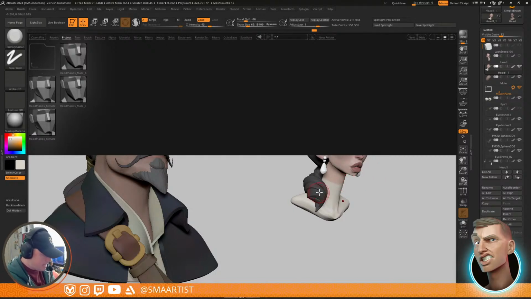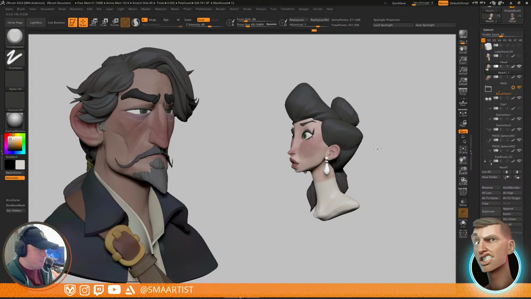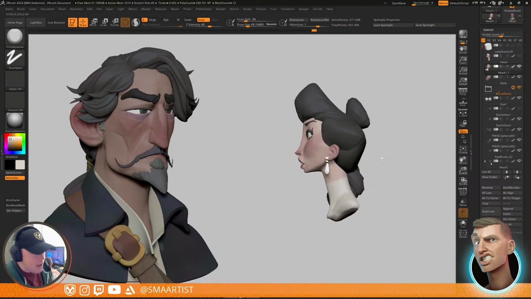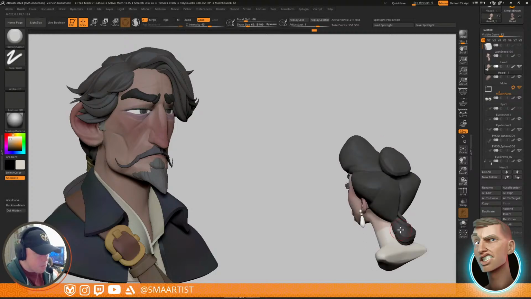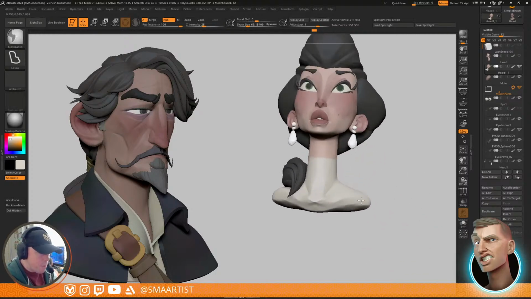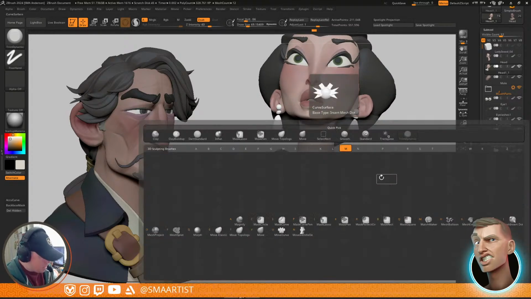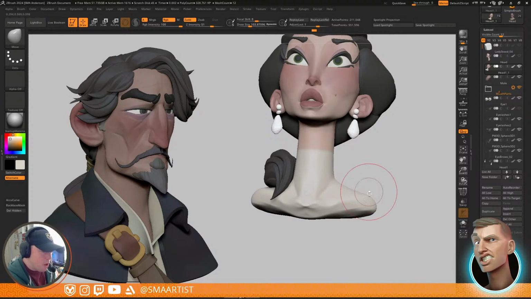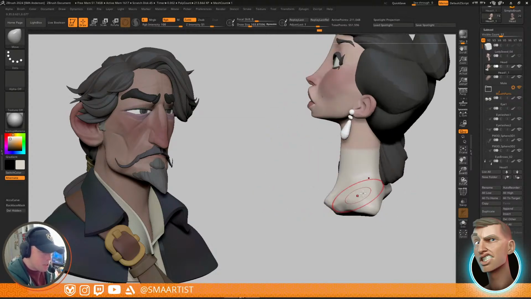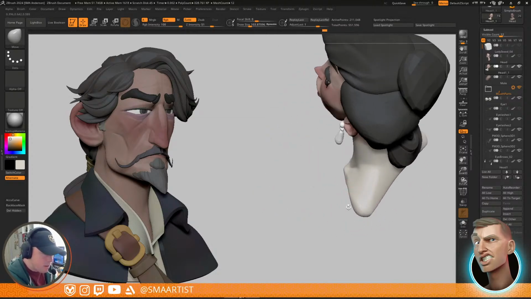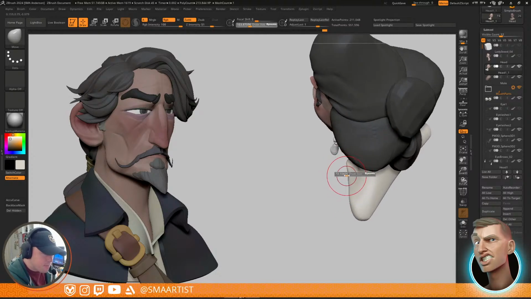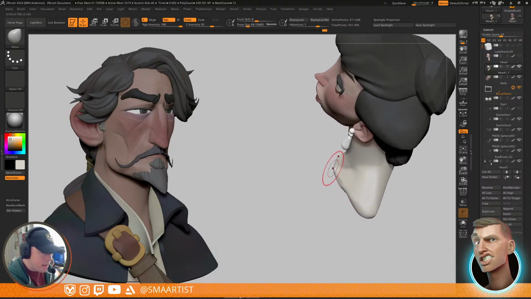I did that with this guy too, but it allowed me to have a nice uniform scale, something that I didn't have to worry about things being too large for ZBrush to handle. It was just a nice scale. And then the thing that I went ahead and did is I took,